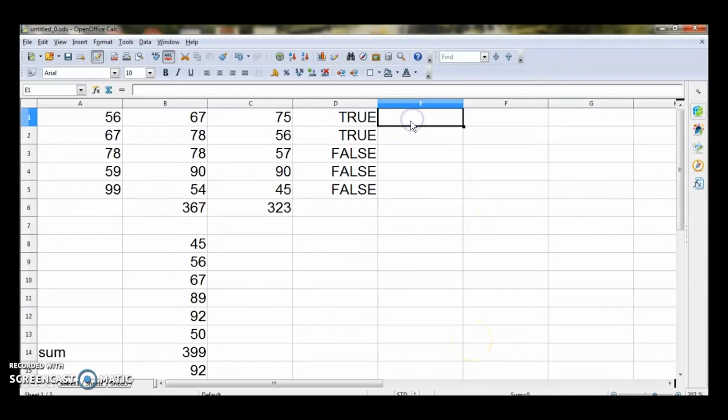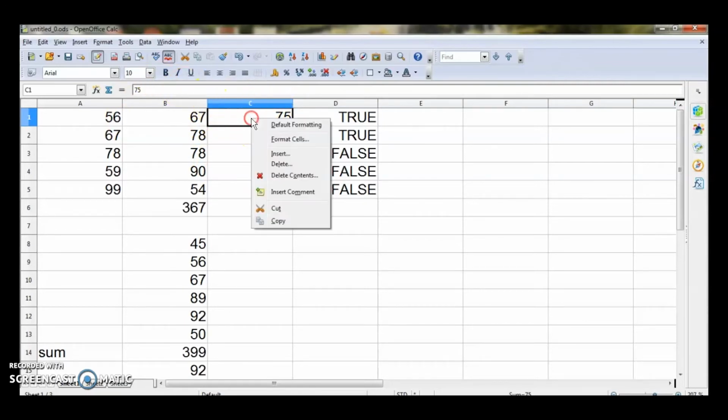Suppose I want to insert here. So if I want to insert between B and C, I want to insert a column, then I have to select this column, isn't it? Because if I give insert column, it will be inserted before the selected column. So if I want a column between B and C, I have to select C column and then I have to right click, there is an option insert.